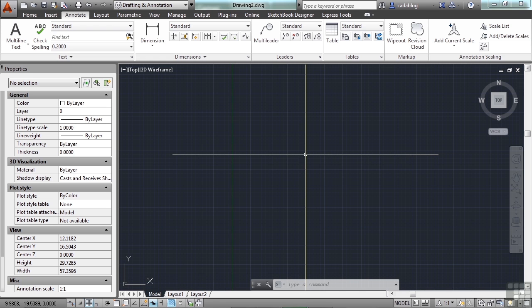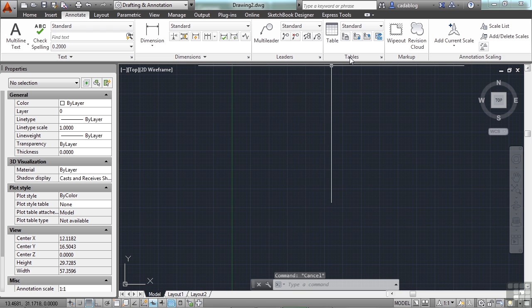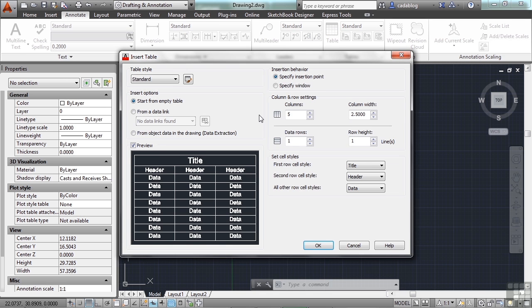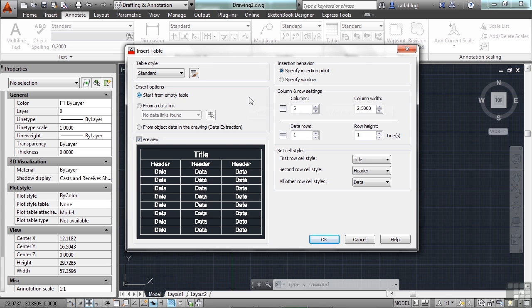Just type the word table on the command line, or you can go to the table panel on the Annotate tab in the ribbon and click the Table button. They're fairly straightforward, though it looks like it could be a bit complicated, and you can make them more complicated. You have different styles. This drawing only has one called Standard, and you can start from an empty table or